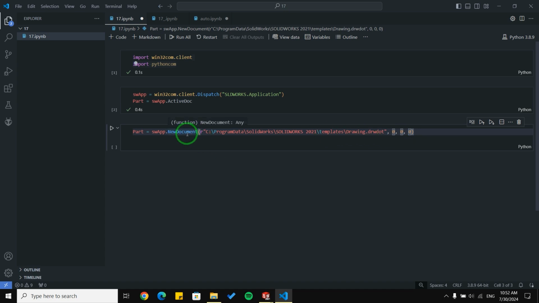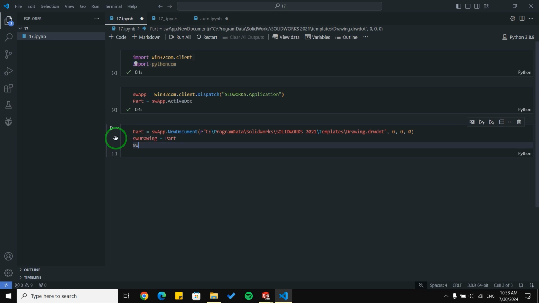So now I'm able to create a new document. And don't forget the R before this address. And if you didn't install SolidWorks in the C drive, you need to find this folder and this file where you installed your SolidWorks.